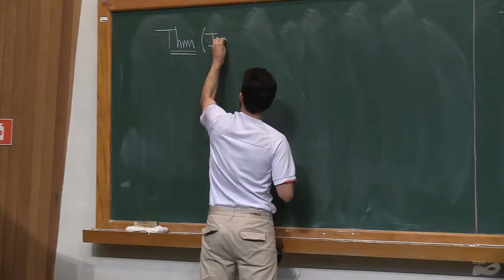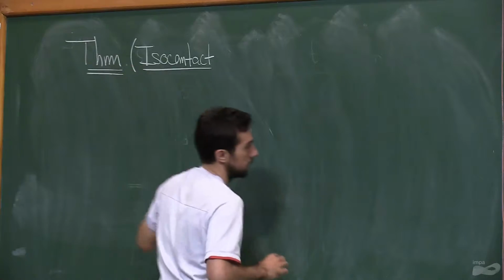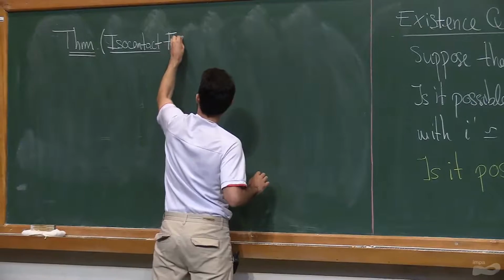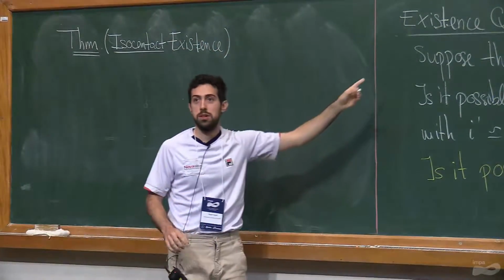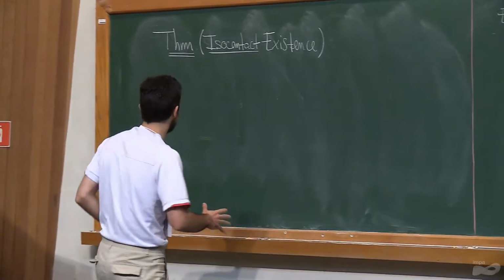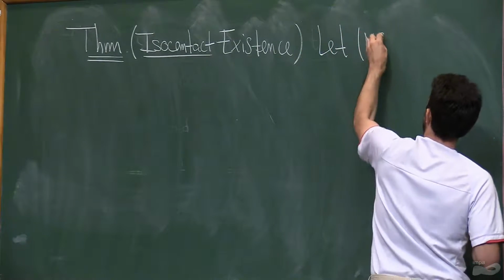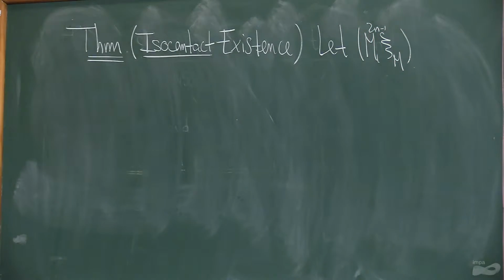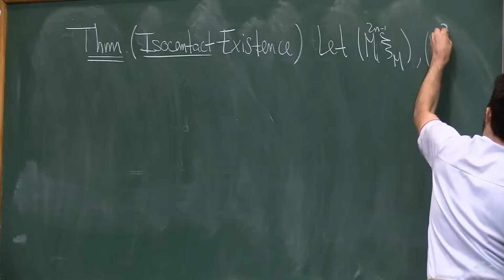And I want to emphasize the word isocontact, because isocontact means that it also answers this question. So isocontact existence. Well, the short statement is the answer to this question is yes, and the answer to this question is yes. I'm still going to state it properly, but that's the punchline. Okay? So let M and Y be contact manifolds. This is going to be codimension 2, again, because in higher codimension I would just have used Gromov. So you take these 2 contact manifolds,